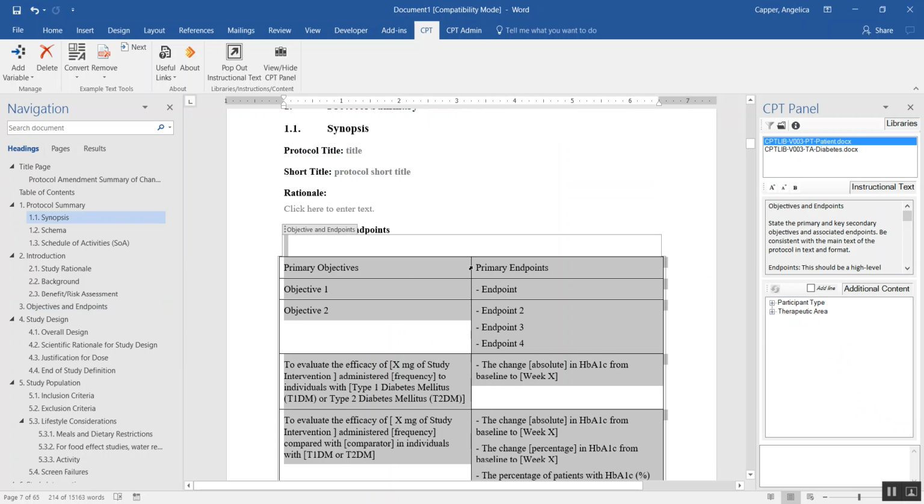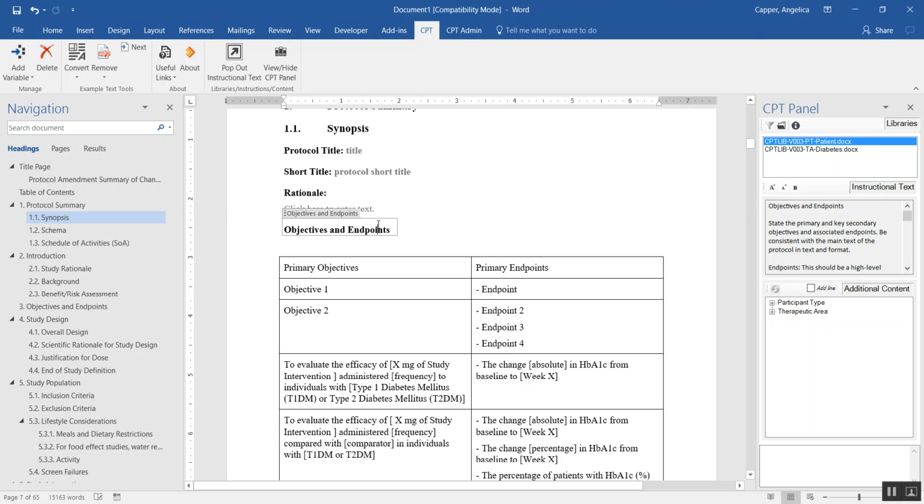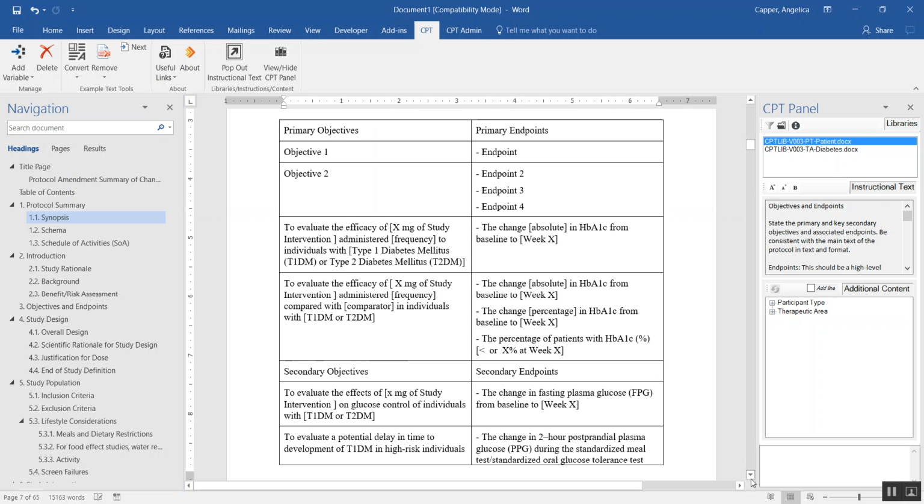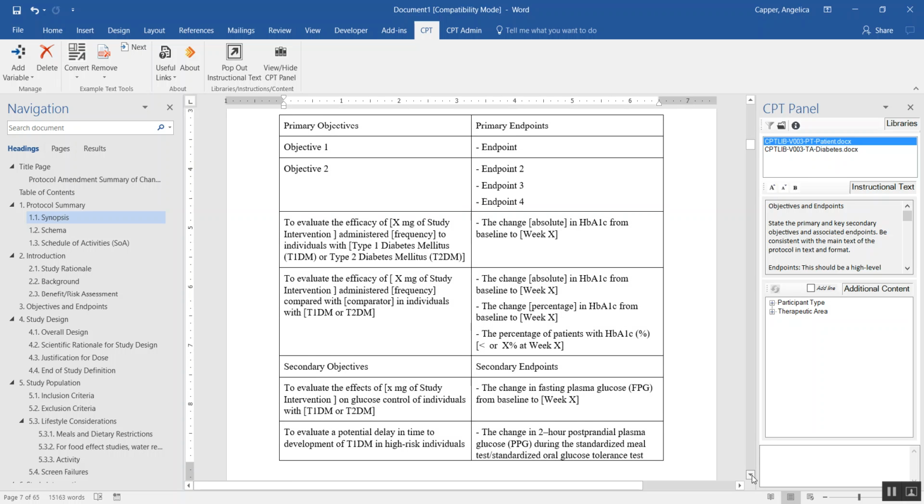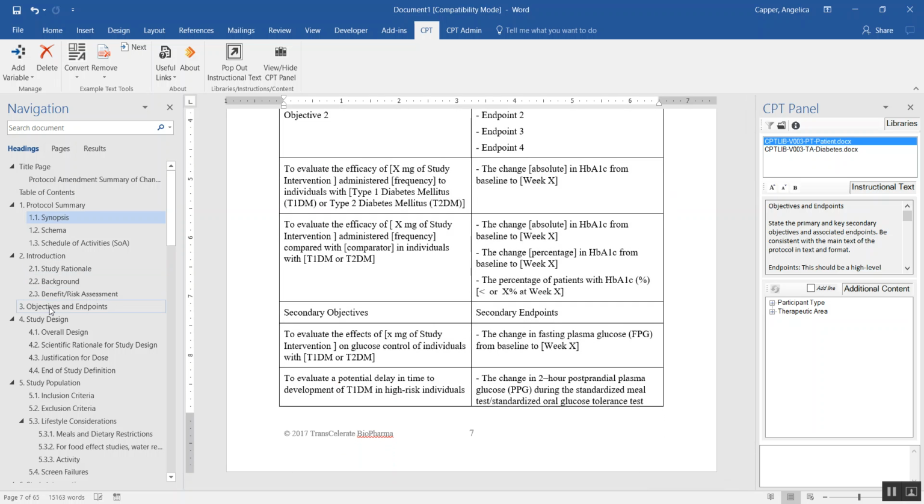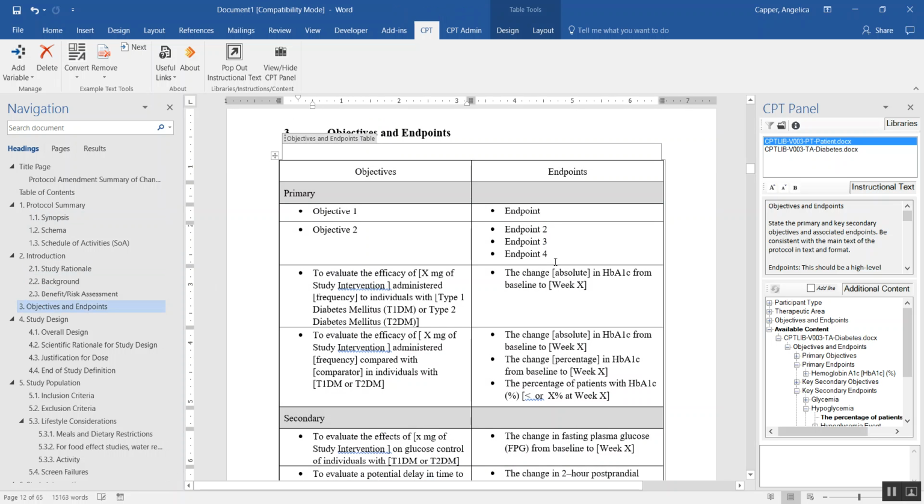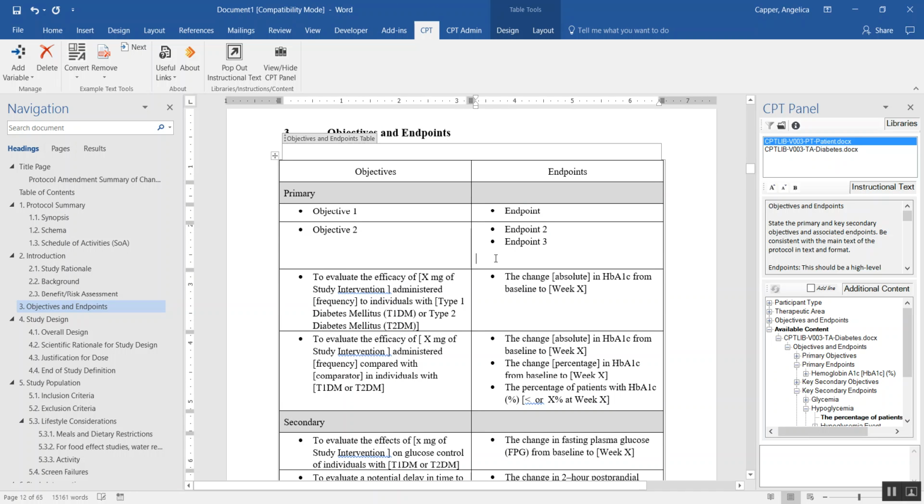And then once the update is completed, I will be taken to the objectives and endpoints table found in the synopsis section. So here I can see all the data that I've inserted, my objectives, my endpoints, my secondary objectives, and my secondary endpoints. If I go back to section 3 and enter the data and adjust any of my endpoints, so let's say we no longer need this endpoint,